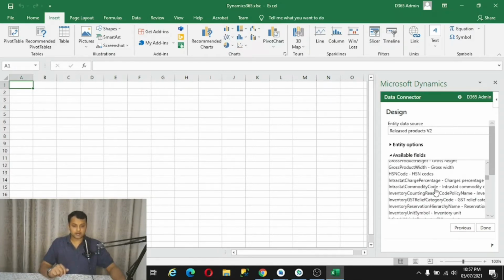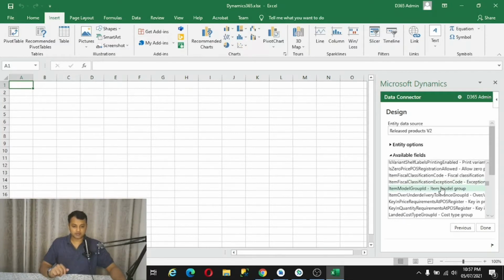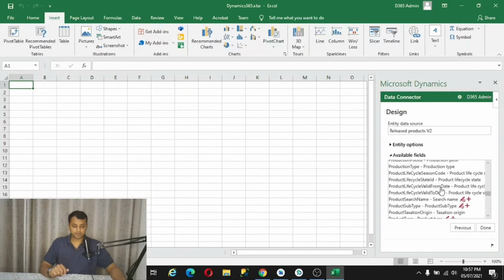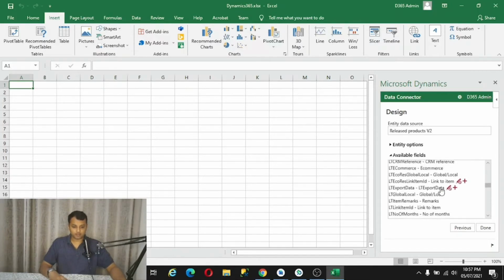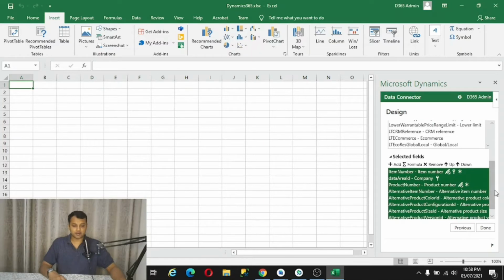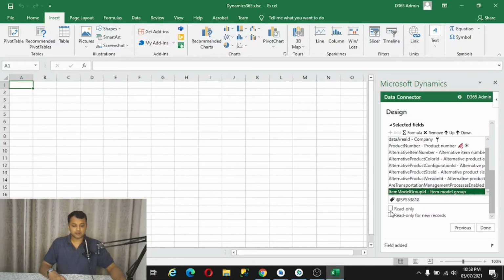I am going to select item group, if it is available. I can see item model group ID, so I am going to add this field as well, and once you are done with selecting all the fields, click on done.